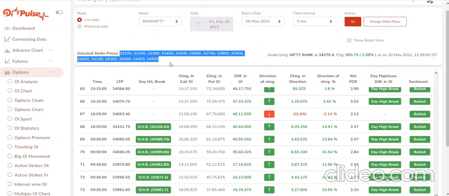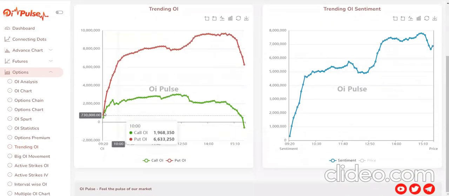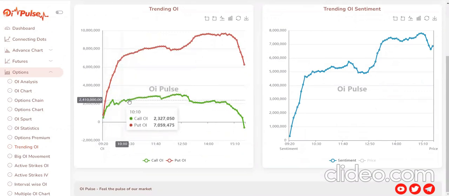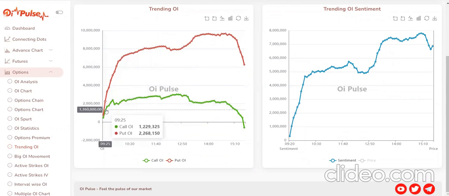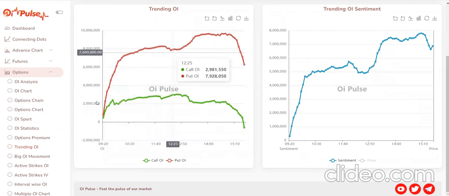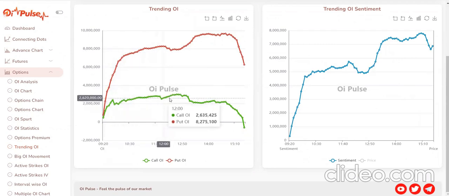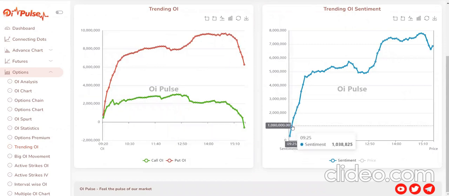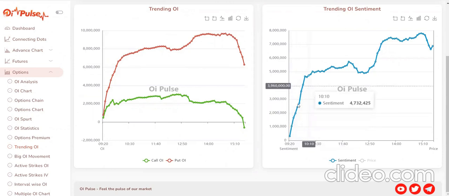And you can also see on the graph view, you would have seen clearly, the red line is for the put OI and the green line is for the call OI. From the morning itself, the put OI was increasing significantly and the call OI was not increasing significantly, and it was dropping. And every day after three, the call and put OI significantly drop due to square off of intraday positions, and it was a positive signal, a bullish signal above the